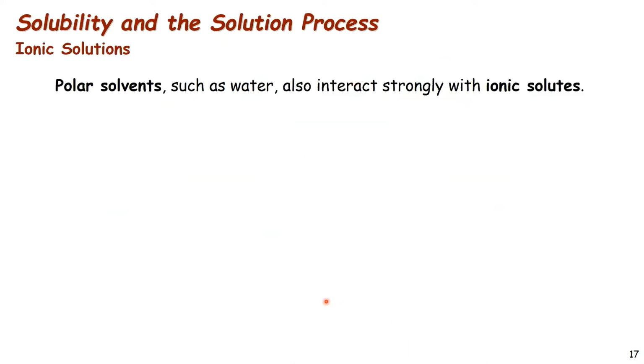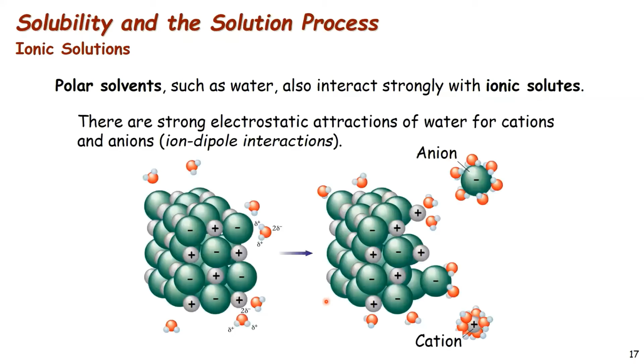Okay. So polar solvents such as water also interact strongly with ionic solids. And we talked a lot about this in Chem 110, so I'm just going to briefly review it again. Here we have sodium chloride. Sodium chloride is what we consider to be a strong electrolyte. That is, when you throw the solid sodium chloride, which consists of sodium ions and chloride ions in this big lattice to form a crystal, sodium chloride readily dissolves at any temperature in water to form a